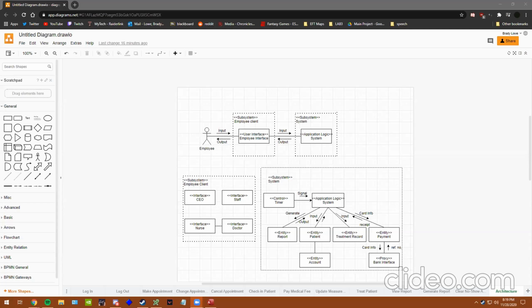All right, so this is the software architecture for the system. First, there is the employee. He'll be able to input and receive output from the employee client subsystem, which contains the different interfaces for the different job titles. And then the employee interface will communicate with the application logic subsystem, that contains the